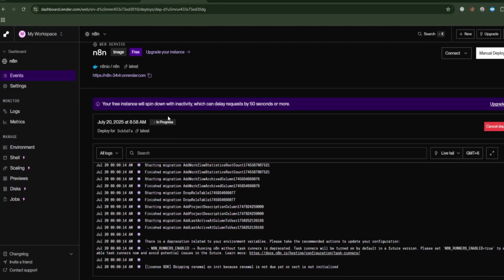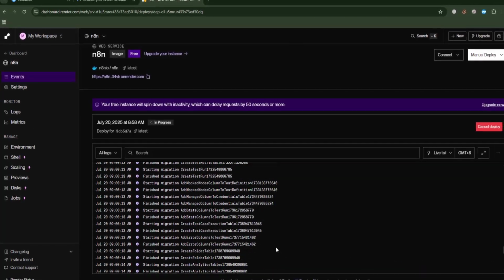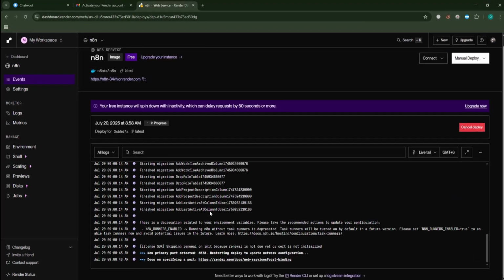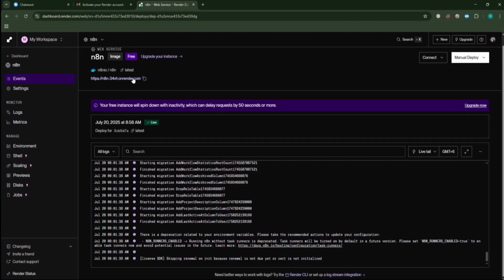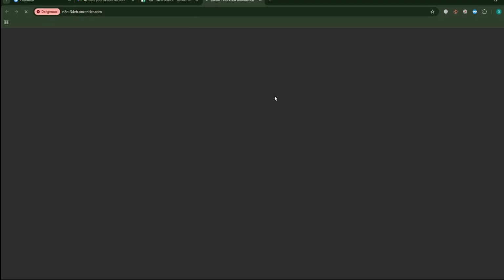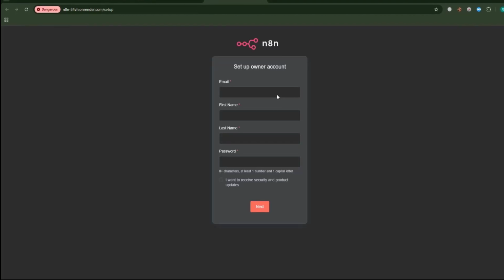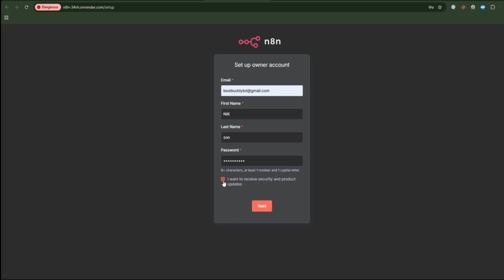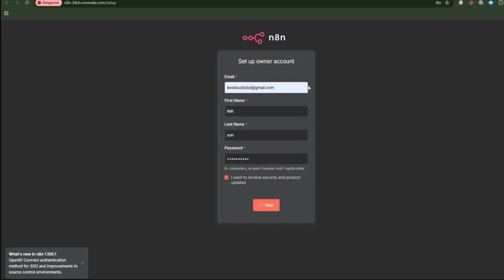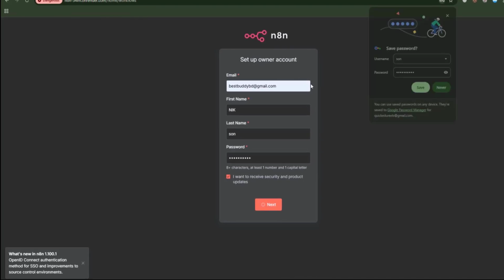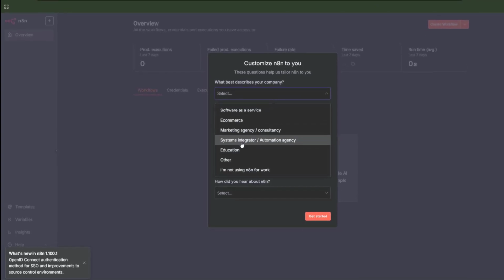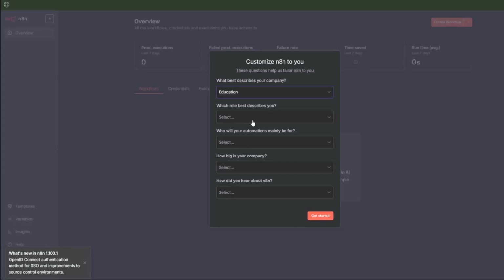But if you notice, you will see there's some limitation for this, as it's a free account. If it stays inactive for 15 minutes, it will shut down. We are going to use another trick where we will keep this n8n workflow active all the time. So for this, we will use another tool. Before that,